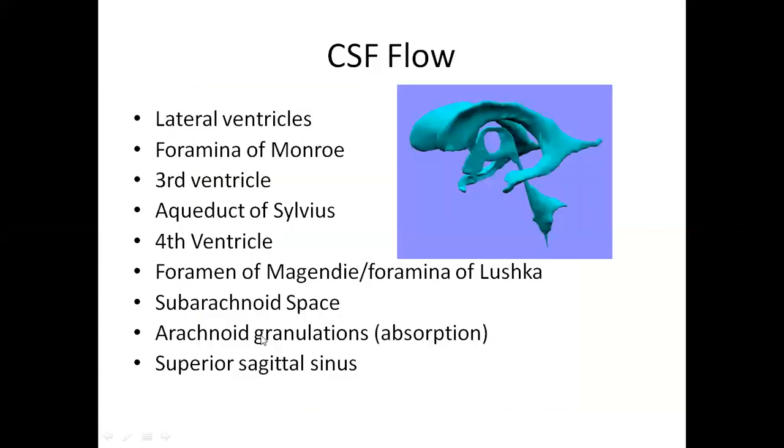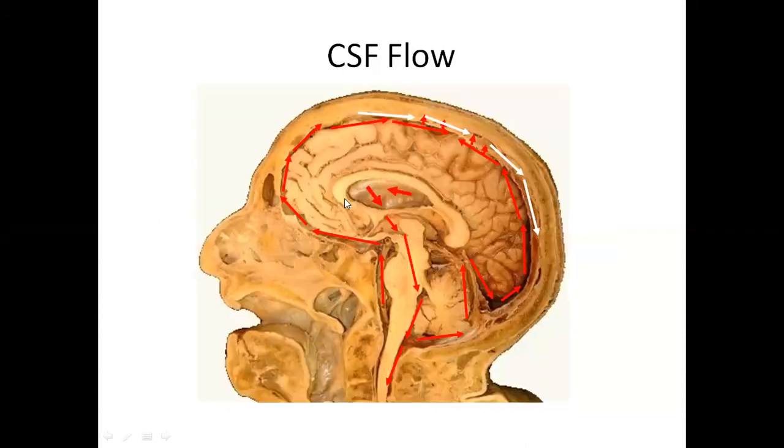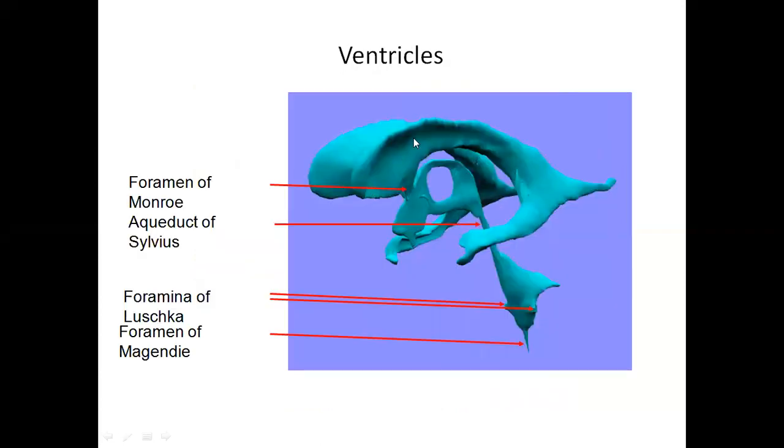Now, if you see this CSF flow, inside the two cerebral hemispheres we have one lateral ventricle each. Hence, how many lateral ventricles do we have? Two. This is one outline of the lateral ventricle, and this is one more outline. So we have 1 and 2. These are the two lateral ventricles. The lateral ventricle has an anterior horn, central part, posterior horn, and inferior horn. The whole of this is the lateral ventricle.